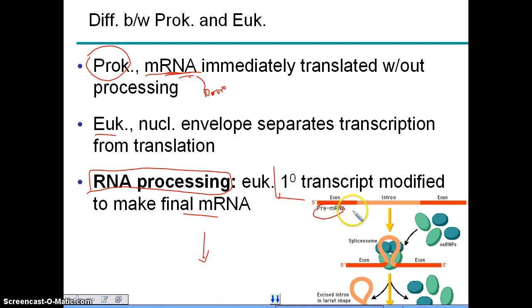So just to sort of highlight this, ignore all the words and just pay attention to the picture. You see that you take the large initial RNA and then it goes through some work here and then it gets spliced down or cut down into a smaller segment that then can travel out to the cytosol.